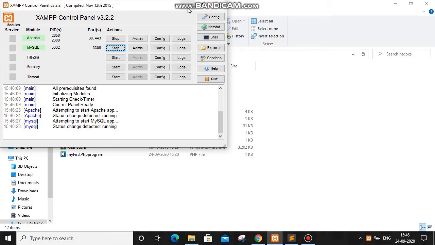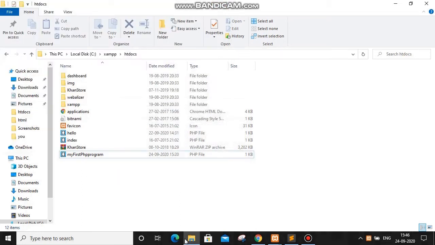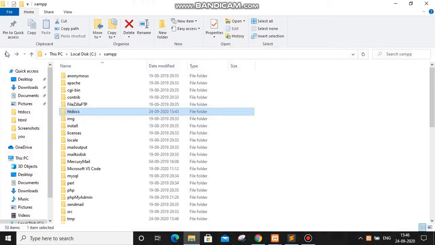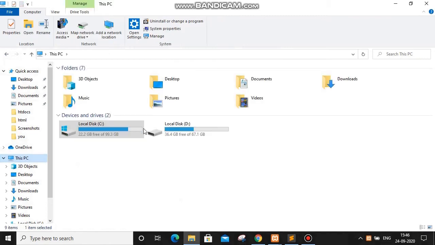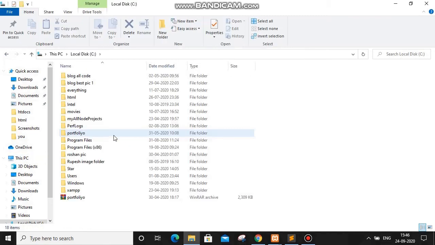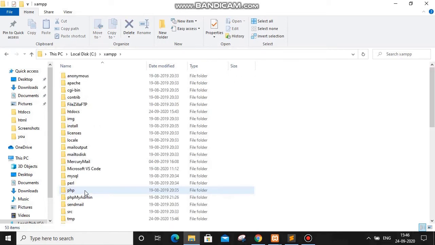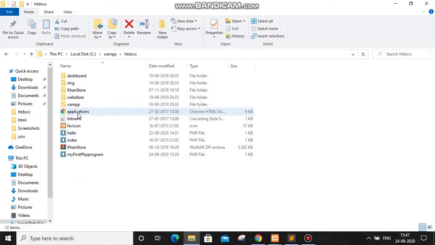So once you install this, you have to go inside your C folder. Okay, I will show you how to come. Anyway, there are various paths to go inside the C. So you have to click here on C. You have to find the Jamp software. You have to click on Jamp. You have to find here htdocs where it sits. So it's here in my machine. So you have to create one more folder here.